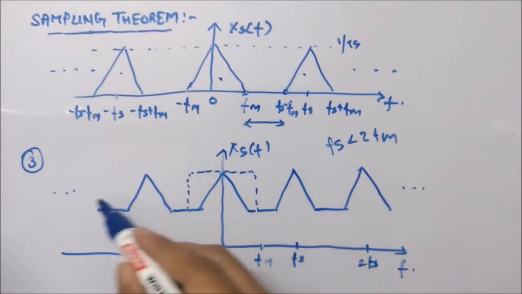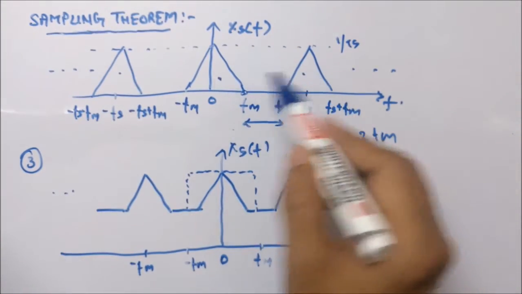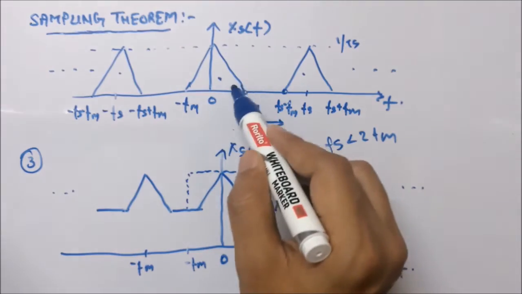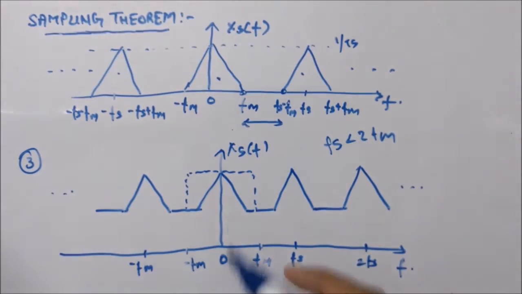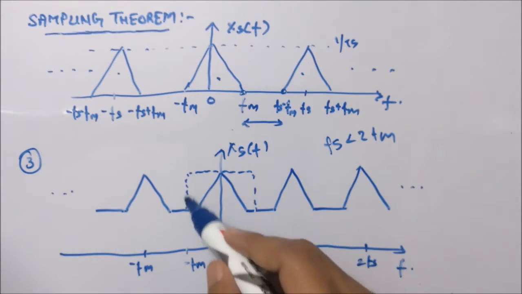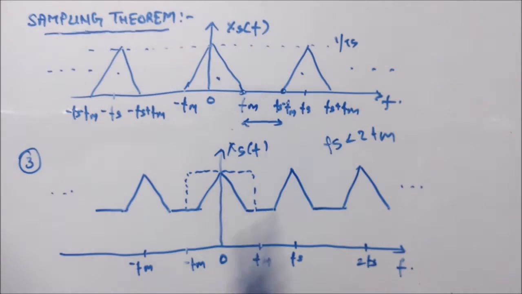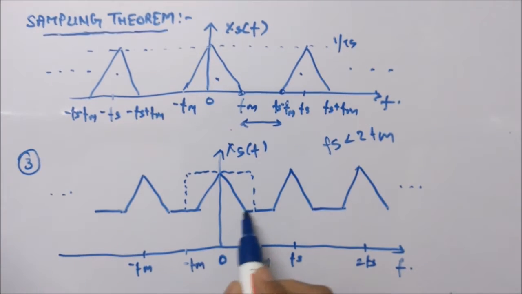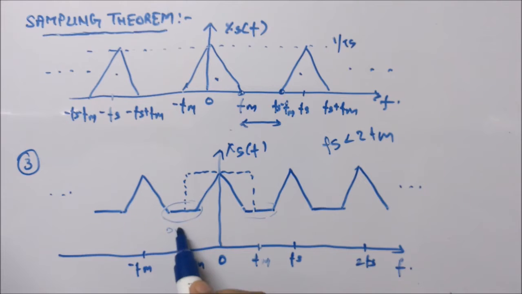So this is the kind of signal you will get when these replicas interfere in this part of the message signal. Clearly you can see if you apply the filter, you won't be able to get your original signal back. And this case of overlapping, this part, you can see there is an overlapping which I showed you before.